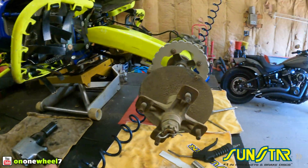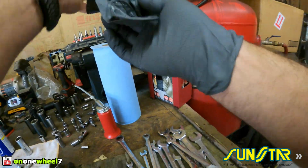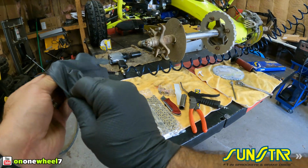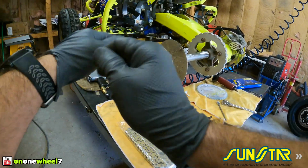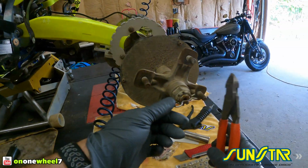All right, so we just cut our finger a little bit. Not too bad. Just got a band-aid quick. Oh, that's what you get when you don't use the right tools for the job. So hopefully the bleeding stops. Wasn't too bad. Just a little slice on my index finger with a nice fresh blade. All right, so let's get this off,